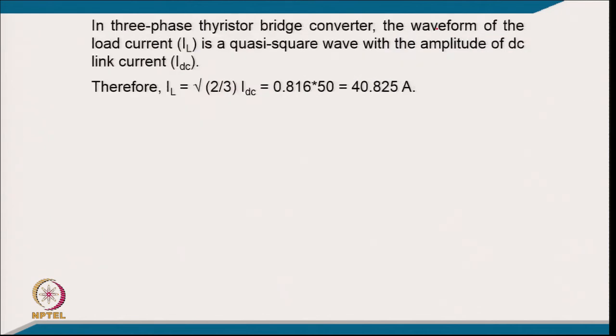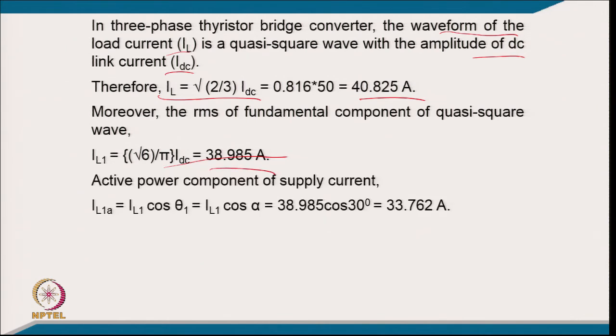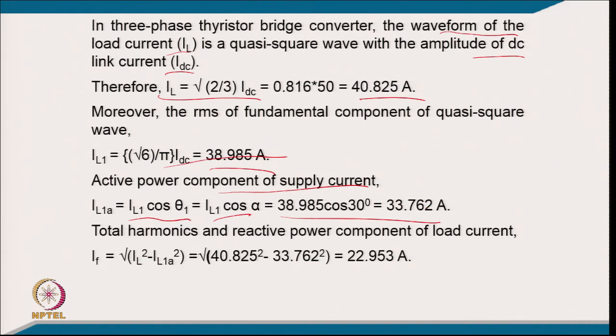In the 3-phase thyristor bridge converter, the waveform of load current, that is the input current, is a quasi-square wave with the amplitude of the DC link current. So, the RMS current will be √2 by 3 IDC, which comes to 40.825 ampere. The RMS fundamental component of the quasi-square wave is √6 by pi into IDC, which comes to 38.985 ampere. The active power component of supply current will be IL1 cos alpha, and putting in the values, it comes to 33.762 ampere. The total harmonics and reactive power component of the current is the square root of IL square minus IL1 square, which comes to